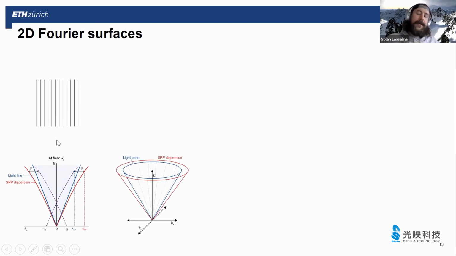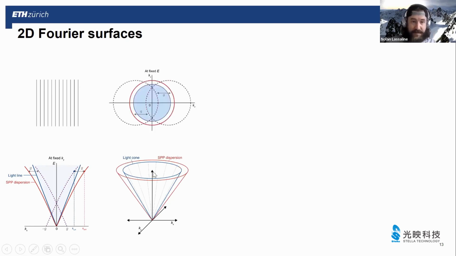But in reality, the total picture looks like this, where a surface has two directions, x and y, and in k-space, this of course traces out the kx, ky plane. And this SPP dispersion actually becomes a cone when you're not looking at this slice. And when you look at this from the top, if you have, again, a single sine wave, what it will do is diffract a circle into your experimental window rather than these lines here. And this is at a fixed value of energy. So we just fix our energy with monochromatic light. We take a slice,